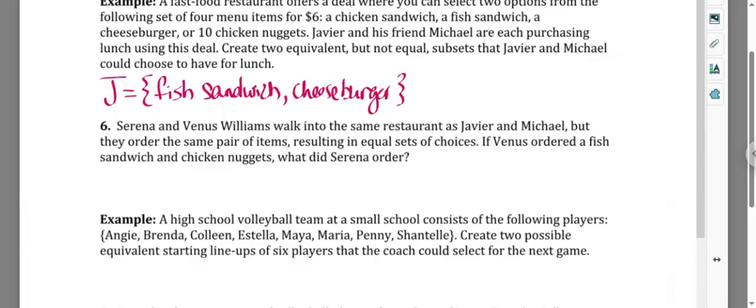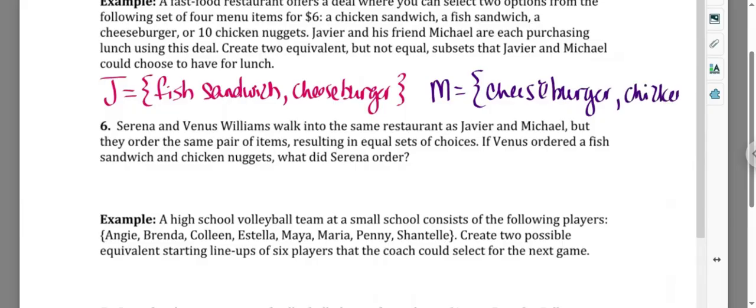And Michael maybe wants the cheeseburger and the chicken nuggets. Again, they each have two elements, making them equivalent subsets, but they're not equal because there's a difference between what's in them,